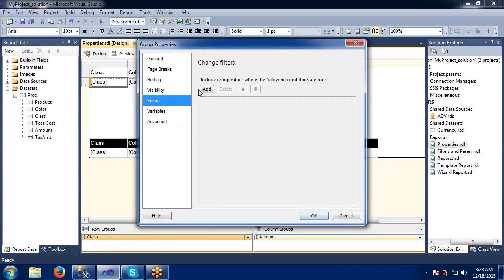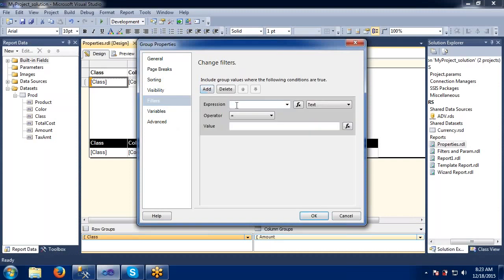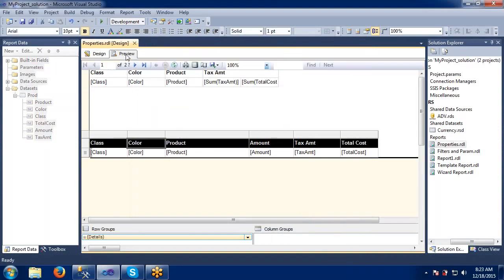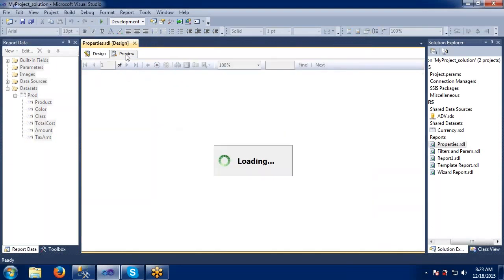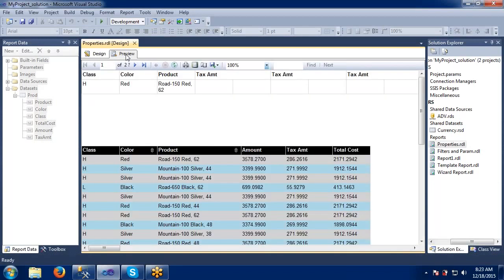The filters, we have already covered the filters concept. If you remember, if you want to display some class equals to H, I want to filter only the H class here. So only those records should be filtered on this report. You know the filter concept very well, because we have already covered one session completely on filters and parameters.